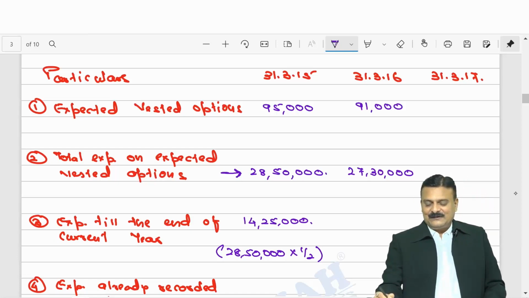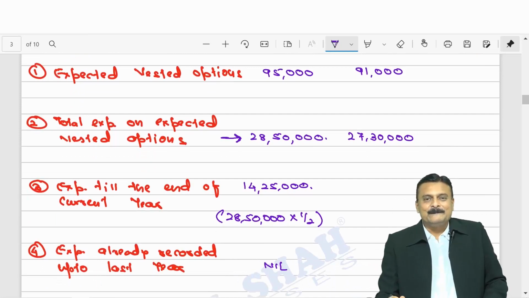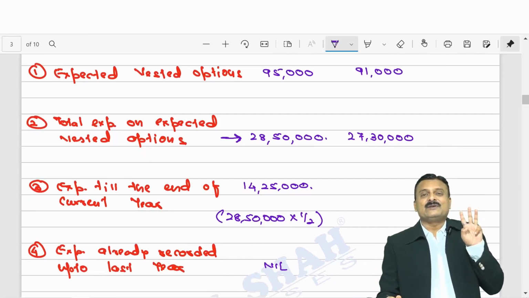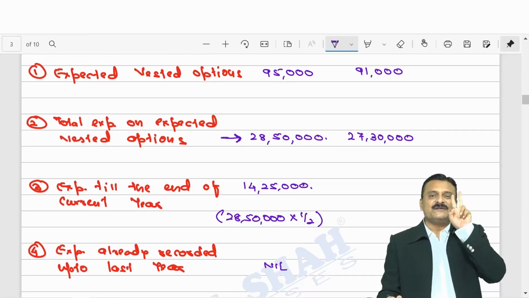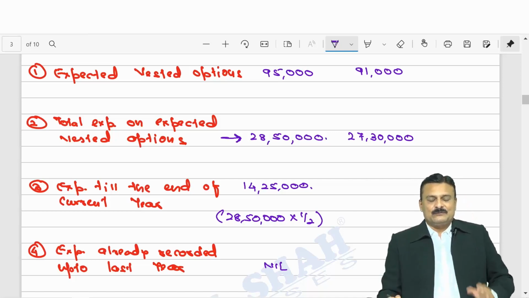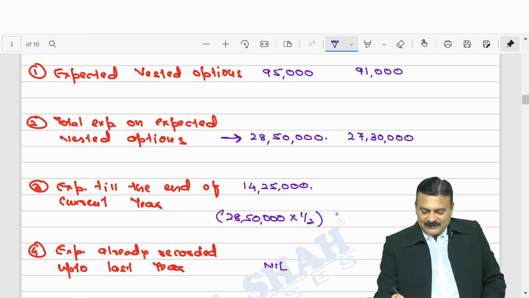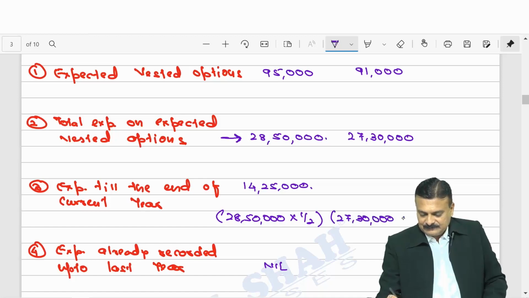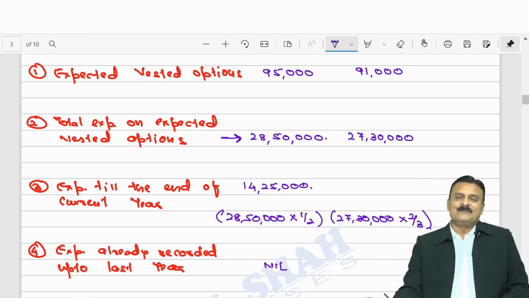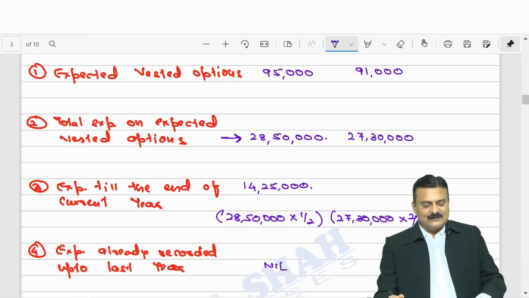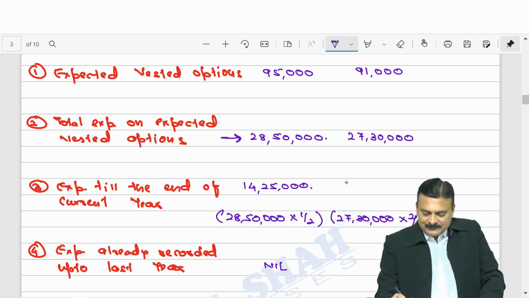So this 27 lakh 30,000 is expense for 3 years, but I am in the second year. So for 3 years it is 27 lakh 30,000. Then up to 2 years, it will be how much? It will be 27,30,000 into 2 by 3. What is my 27,30,000 into 2 by 3? Expenditure till the end of second year